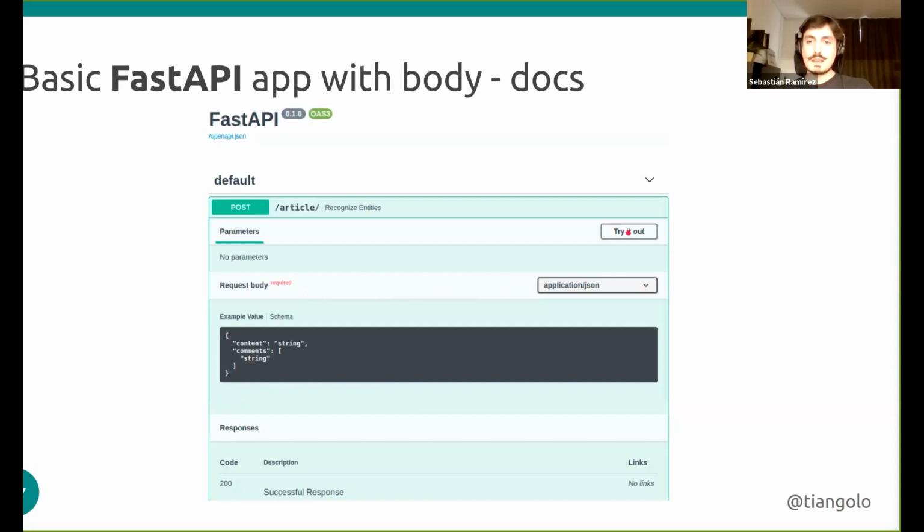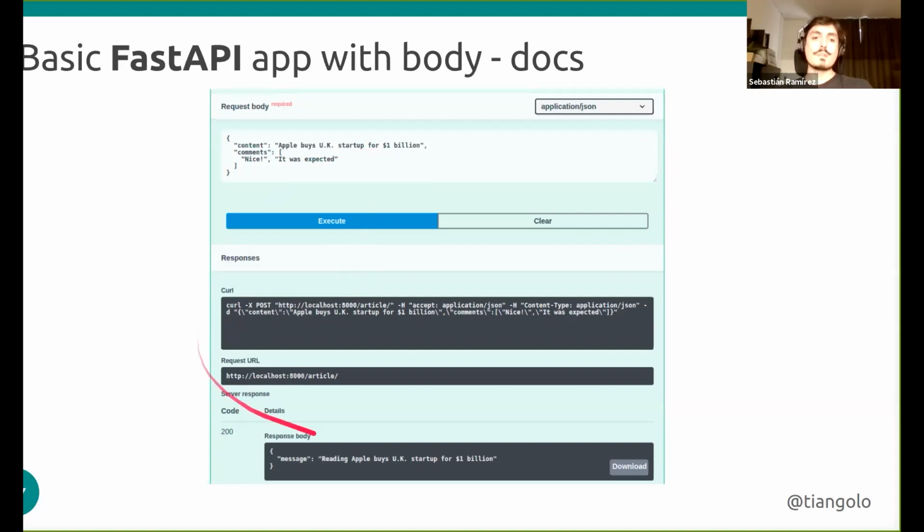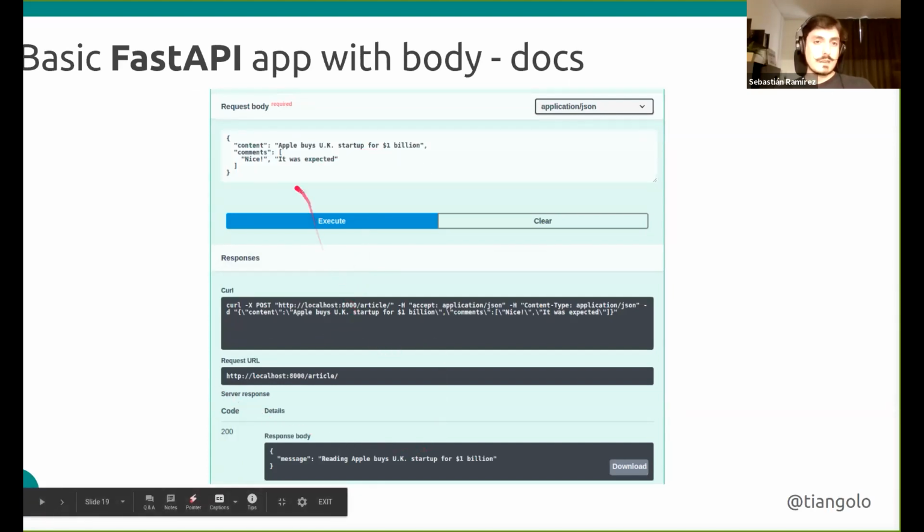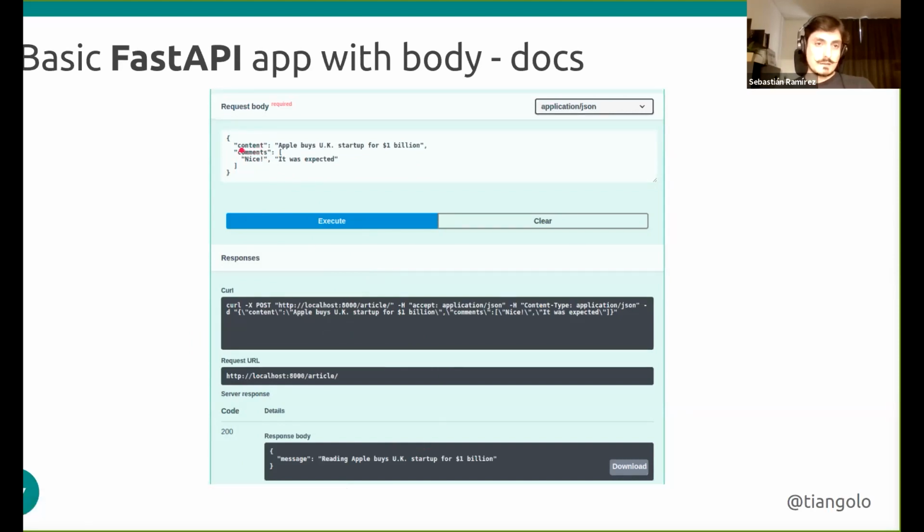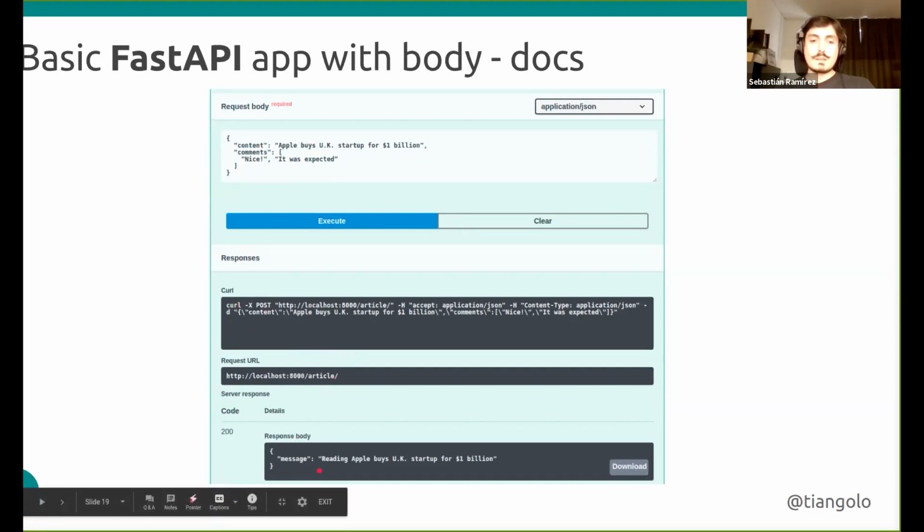Now, if we hit this Try it out button in the documentation interface in the browser, we get the chance to interact with our API live directly. And we can just send some data. Like this, here we send this content, and it has some string, and we send the comments. It has some strings inside of this list. We send that to our API that is running there with our code, and we get the results that we are just sending back. This is the message, and we are sending just the content back, which is the thing that we are returning in our code.